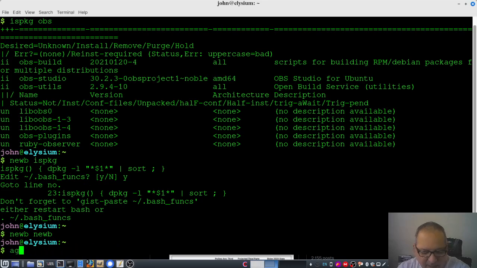But of course, I like my little easy things, OBS Studio. So I have a little bash command that does that sort of thing for me. But let's forget about that for the moment and move on to